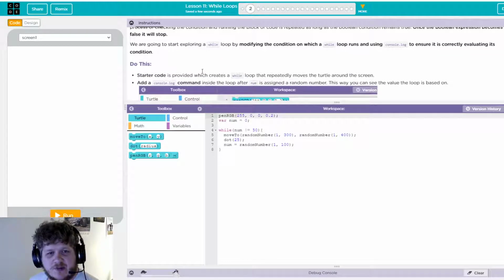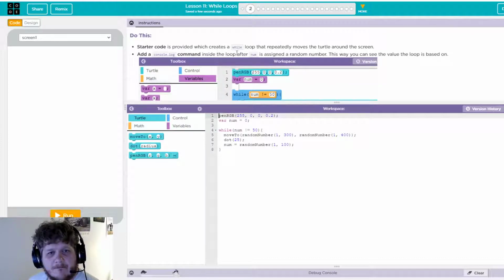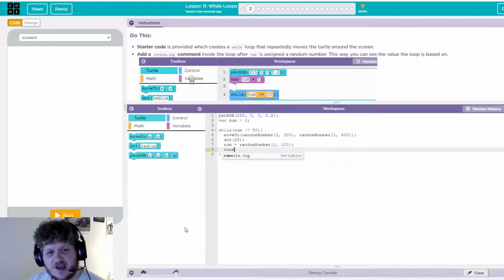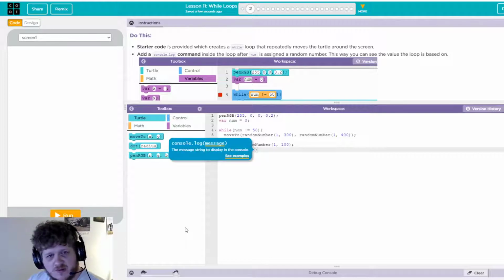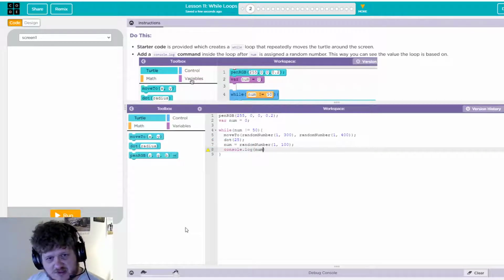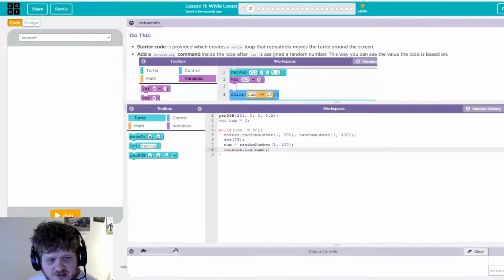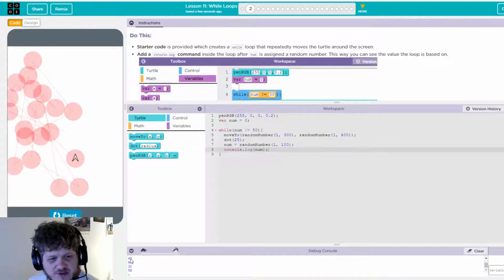So in this first implementation, we want to add a console.log inside the loop after the number. After we assign a random number, it wants us to make a console log so that it outputs the number it's producing. When we do this and open up our console log and hit run, we should end up getting a whole bunch of different numbers. So it ran through the numbers